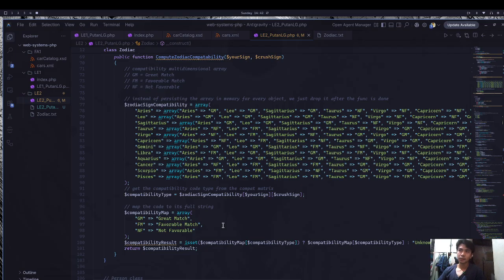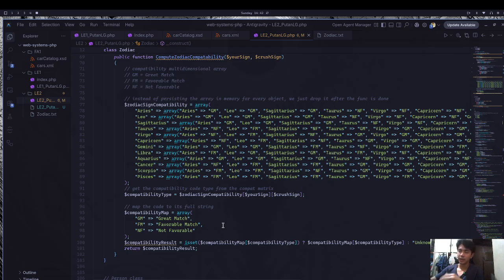Though there is a way to do this using a static. So basically, the zodiac class would have just a static variable for this. But since we haven't discussed that yet in classes, I didn't want to do that. So I just opted for this